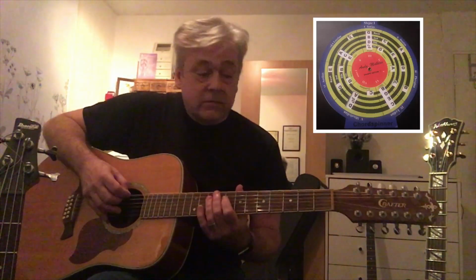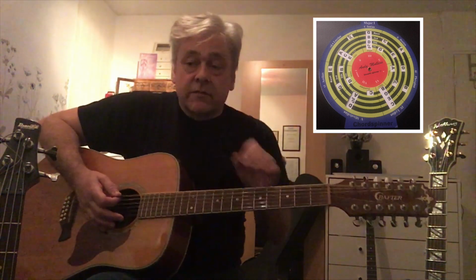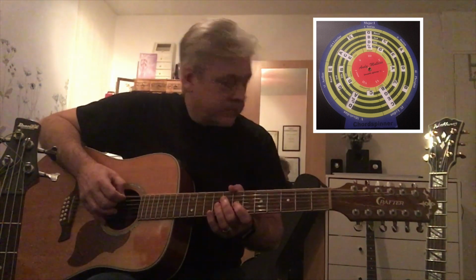I mean, the lead work's even easier if you were in G major, which is the same as the E minor scale, which again, looking at the wheel, you can see it's using exactly the same notes, exactly the same chords, just a different starting point. So if you wanted to do some lead work,